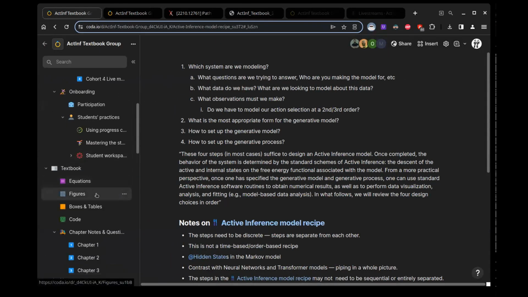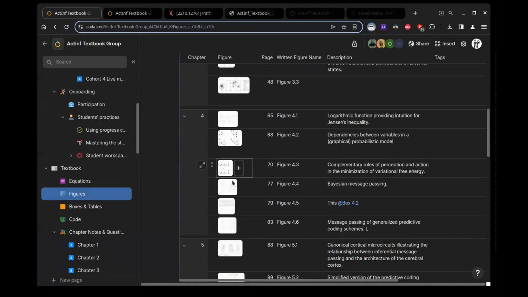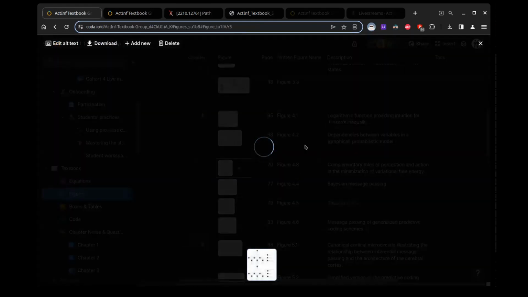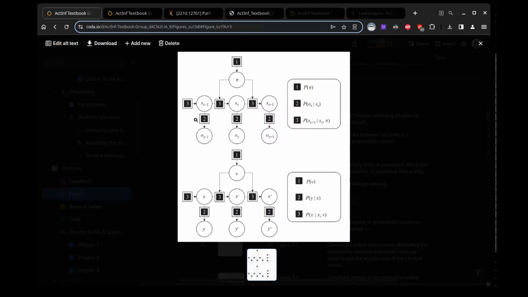So just to recall, figure 4.3 is where we see a juxtaposition of the discrete time active inference generative model on the top and the continuous time active inference generative model on the bottom. They're being laid out this way to highlight their structural similarities. Like, they have this kind of downward facing E and then the upstairs with action in both cases.